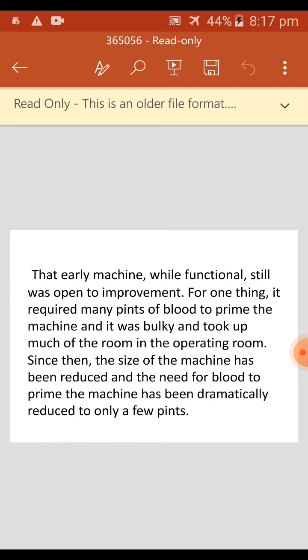Today, most membranes are made of polypropylene or polyethylene and permit operating times of 6 to 8 hours. The oxygenator must be able to oxygenate about 5 liters per minute of venous blood from 65% oxygen saturation to above 90% oxygen saturation before the blood enters the body systems.